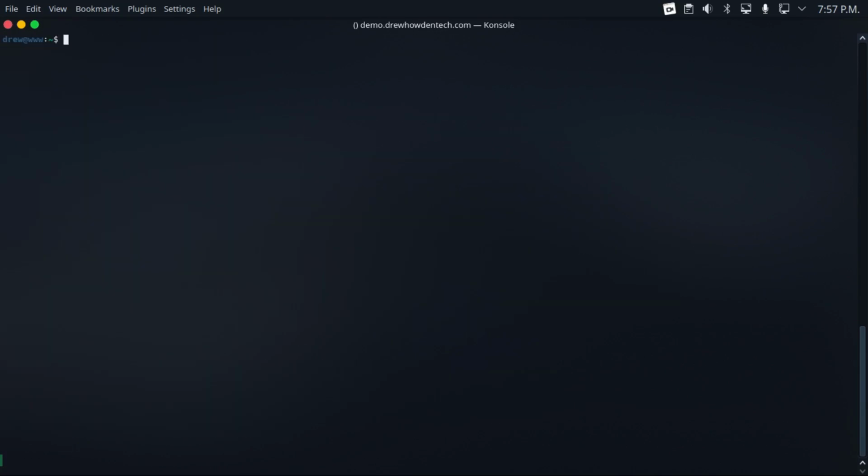Okay, and then the next thing we're going to do, before we start configuring fail2ban rather, is we got to copy the default fail2ban configuration files, fail2ban.conf and jail.conf, to fail2ban.local and jail.local respectively. To do that, do sudo cp /etc/fail2ban/fail2ban.conf, space, /etc/fail2ban/fail2ban.local,